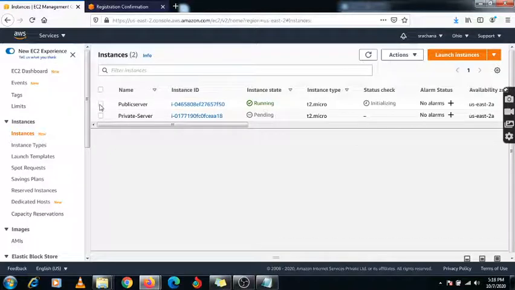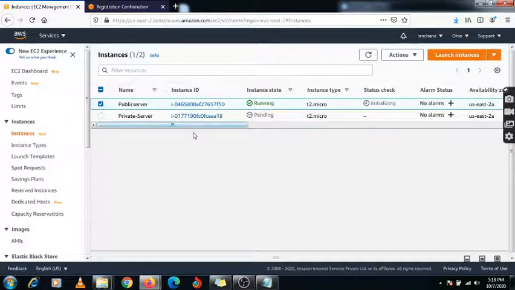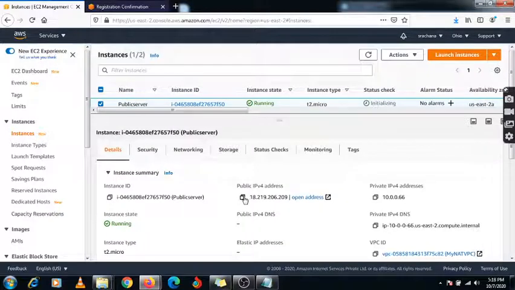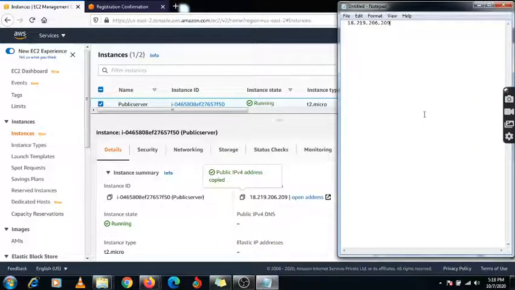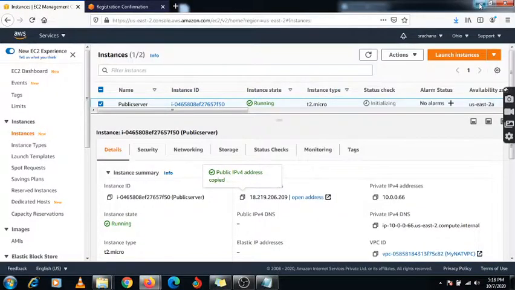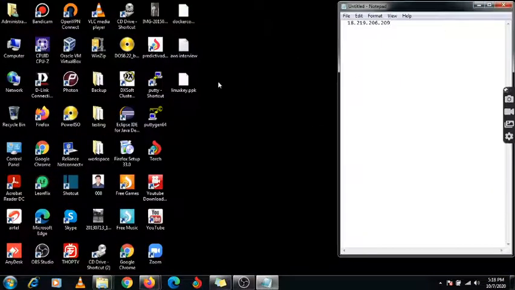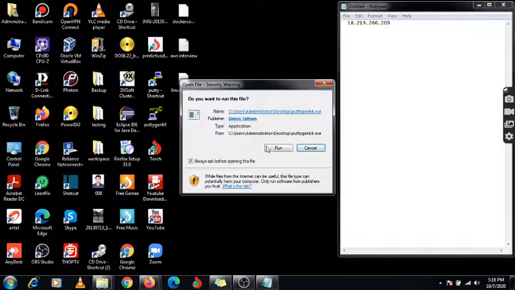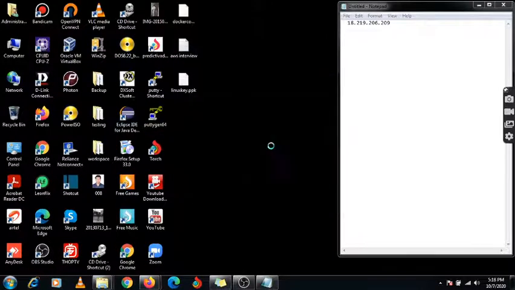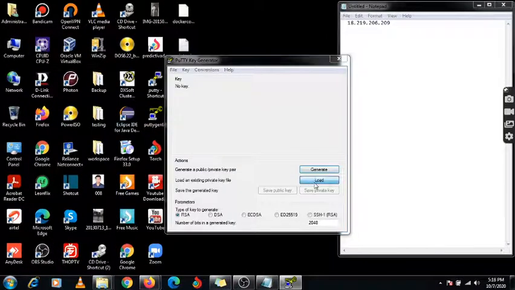So now go to the public server, and here it will show the public IP address. You need to just copy this public IP address and go to PuTTYgen. Here PuTTYgen is now open. Load.